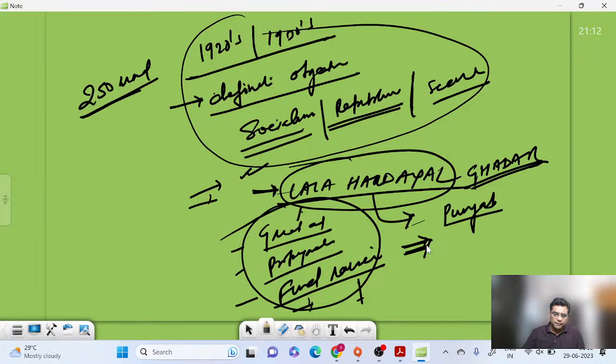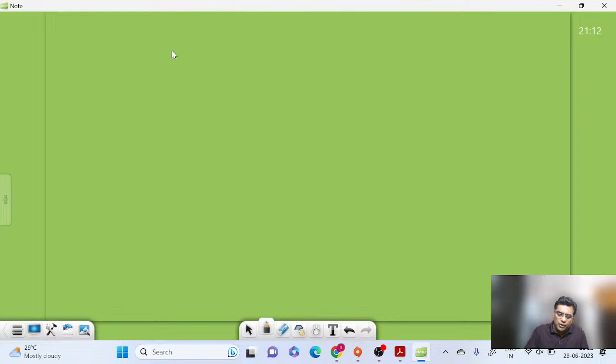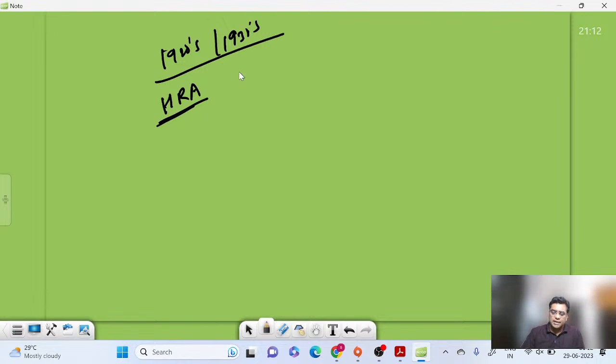This is the formula. This is the way that you have to think. Then you'll start pointing out all the facets of the 1920s and 1930s. You must not miss any important facts like the establishment of HRA, the Hindustan Republican Association,